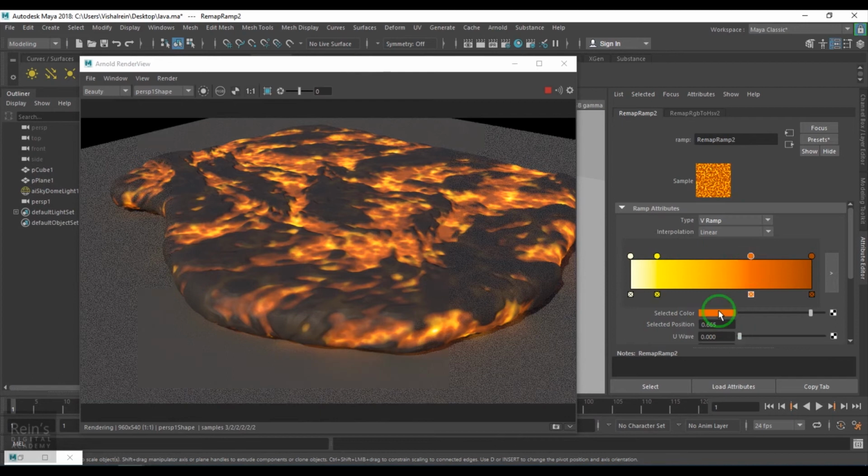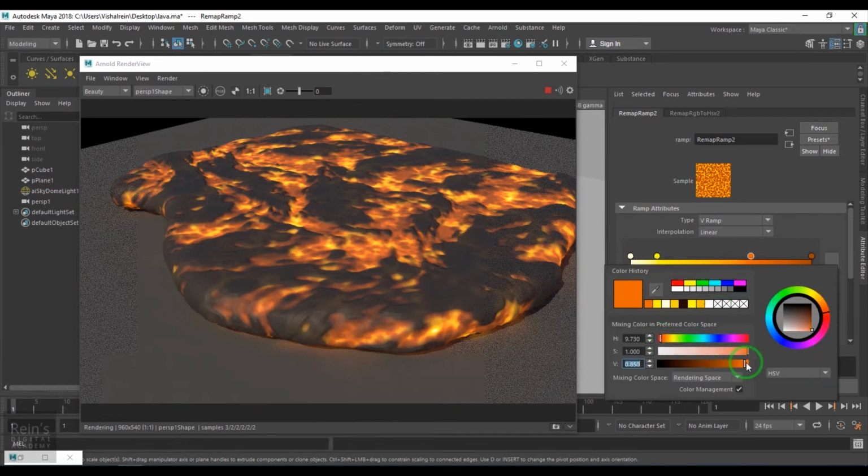I'm expecting more luminance, that's why I'm increasing the value there.